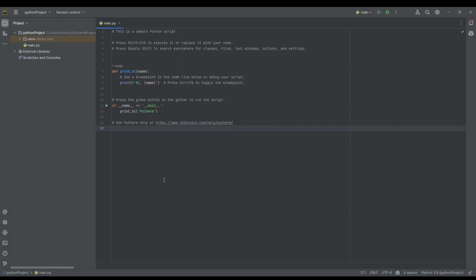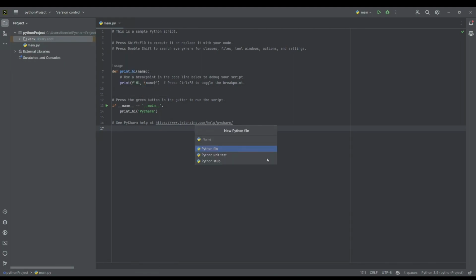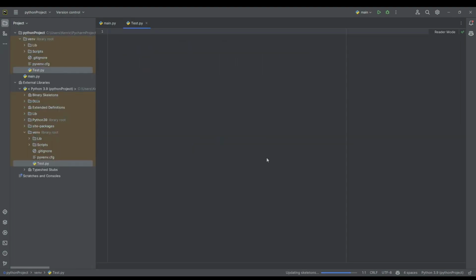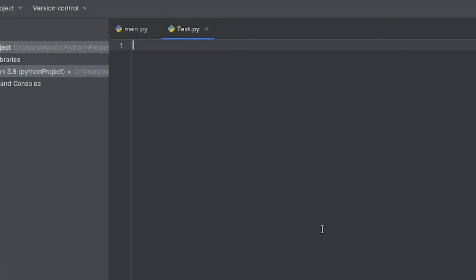Now that we have GitHub Copilot working, let's go through what GitHub Copilot can do. I'm going to create a new Python file. Let's call this test. So we have a test.py. We'll go ahead and create something. So let's start off with a comment. Usually, this would allow us to give an idea of what the Python file is about. So let's say a program